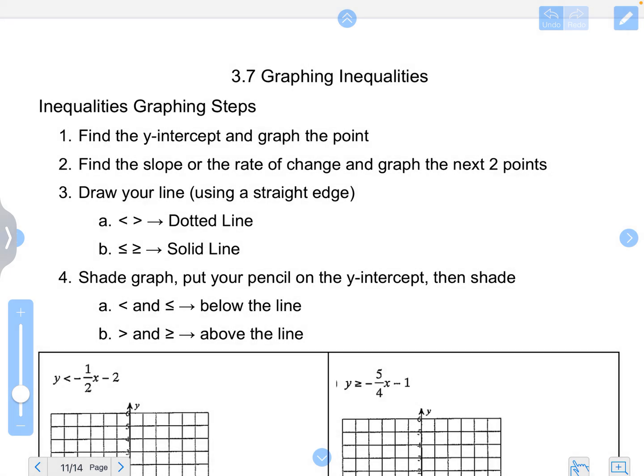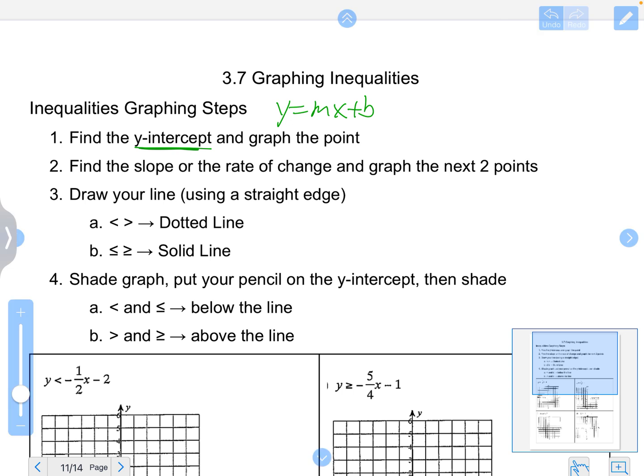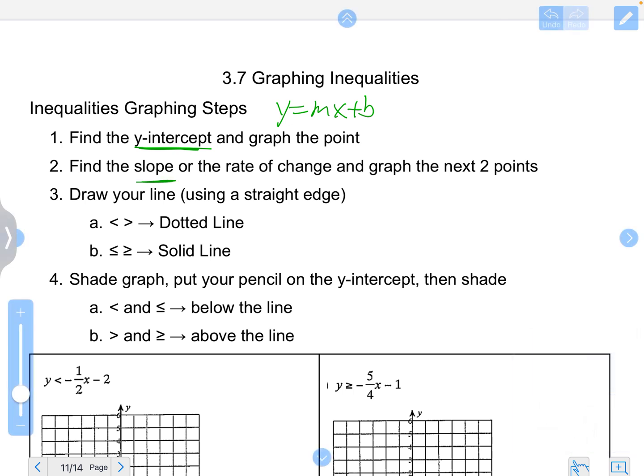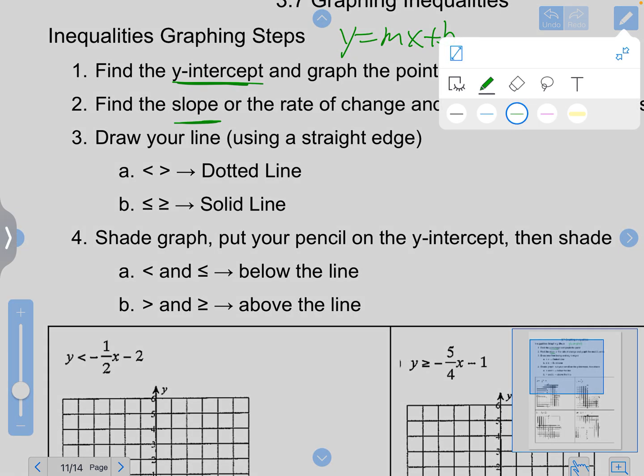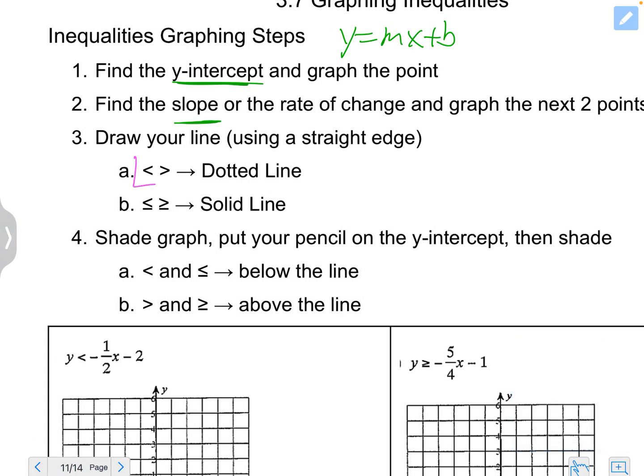So, we always want our inequalities to be in y equals mx plus b. As long as they're in y equals mx plus b, we find the y-intercept, we find the slope, and we draw our line. Now, what's different for inequalities is this. If it is less than or greater than, when we draw our line, we are going to draw a dotted line, which means that the points